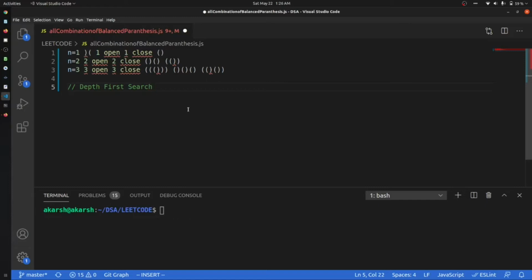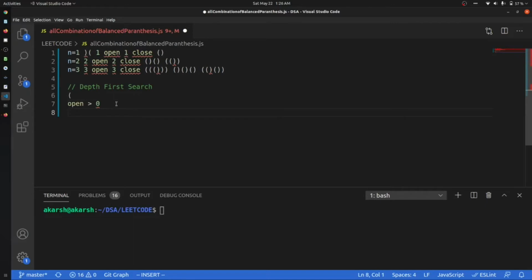Whether n is 1, 2, 3 or any other number, your output is always going to start with an opening parenthesis. The other thing we will check is if the open count is greater than 0, we are assuming that we have opened our parenthesis, and then we can add another one.